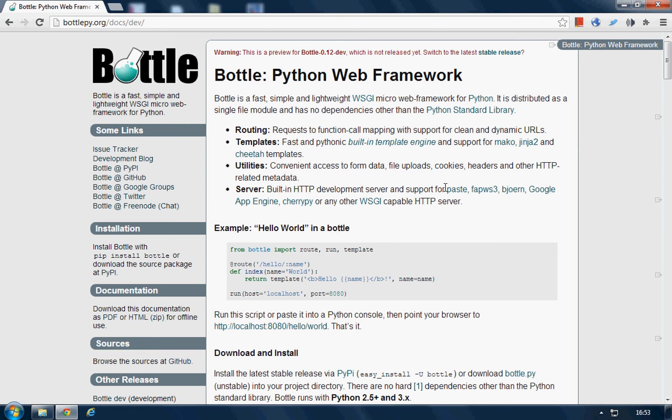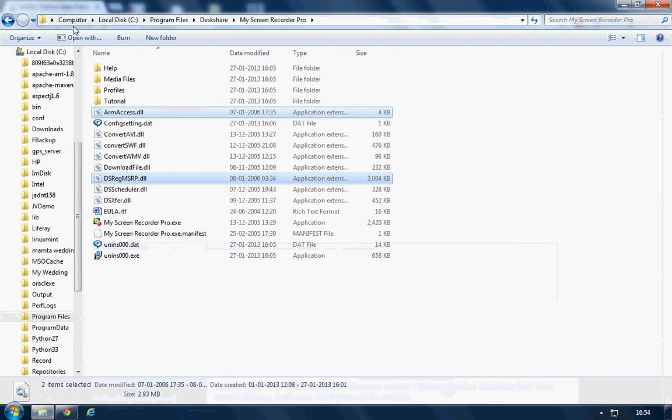Before that, you need to have Python installed on your machine. I'm using this installation on my Windows machine. Whatever machine you are using, just follow the respective instructions to install Python and then Bottle. In my case I am working on Python 2.7. You need to have the Bottle framework installed. You can easily install it using easy_install -U bottle, and this will